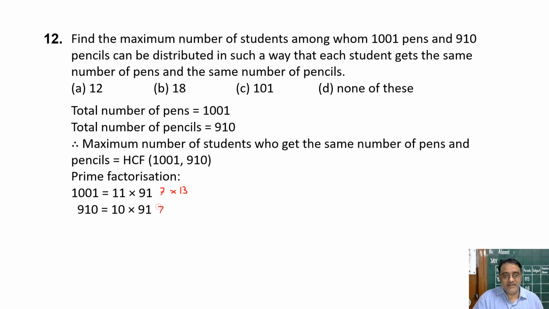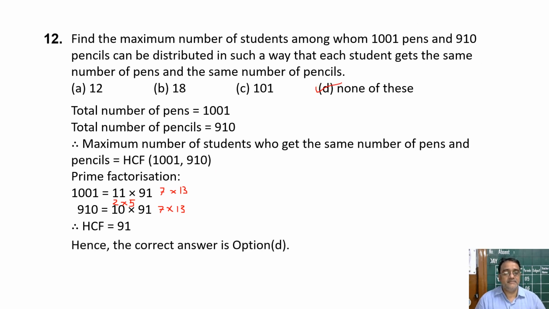ठीक है, 7 into, क्योंकि ये MCQ है. MCQ में जितना शॉर्ट करना है कर सकते हो. And again here I have to write 2 into 5. So what is the common factor here? 7 and 7. 7 into 13. Okay, that is 91. So which option is the correct one? Option D. Option D. है ही नहीं है इसमें, तो option D.